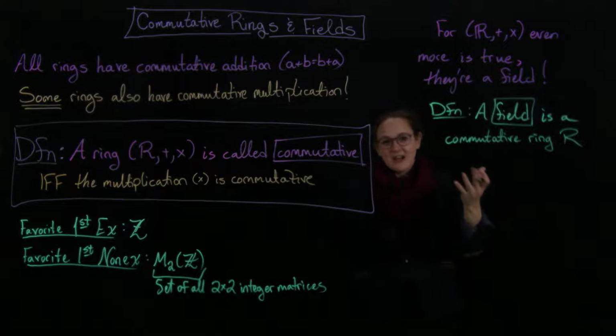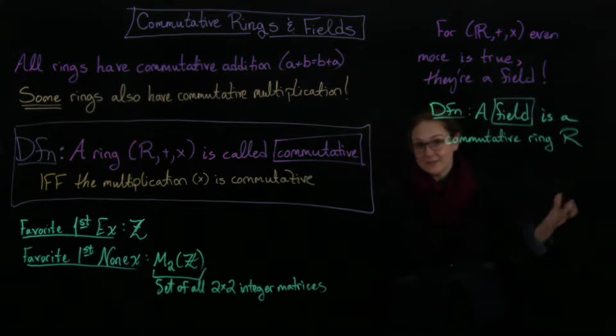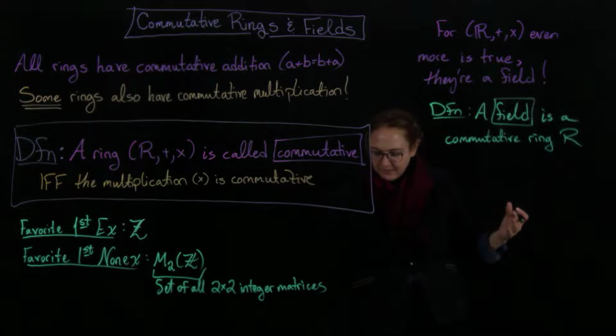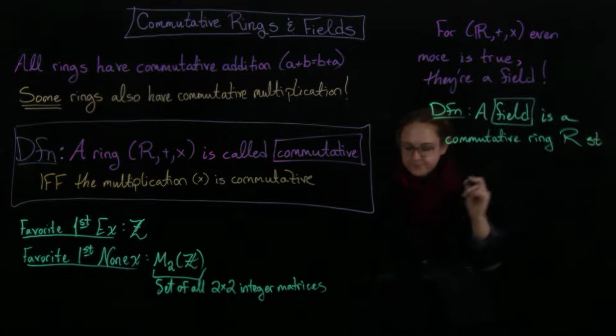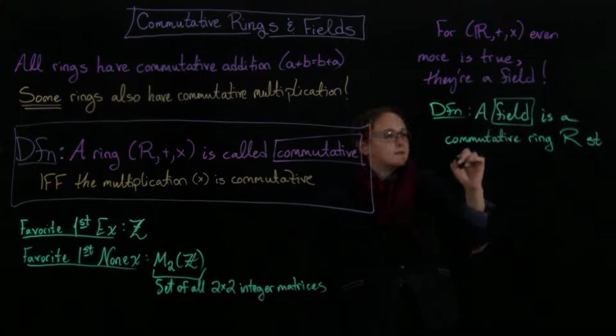Commutative is another adjective on there, but it also has stuff it has to satisfy. So it's a commutative ring R such that every non-zero element in R